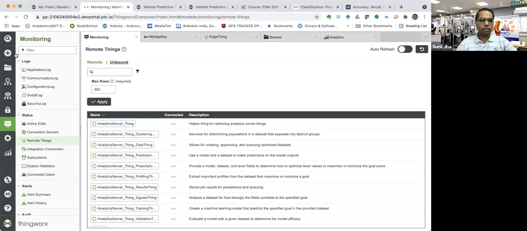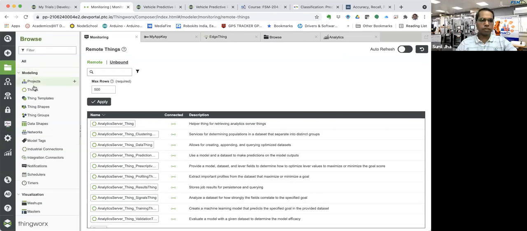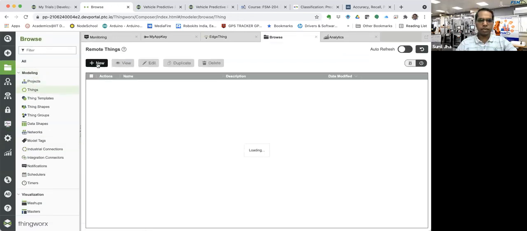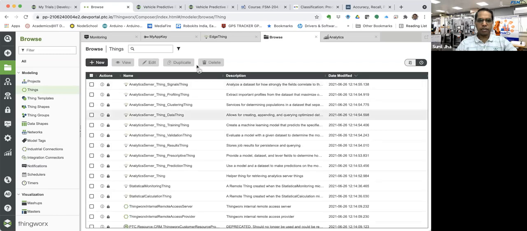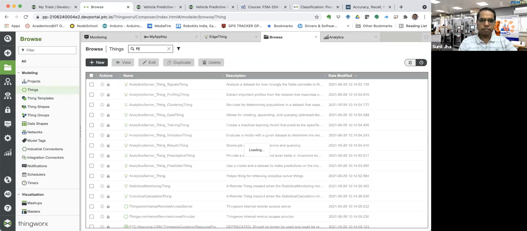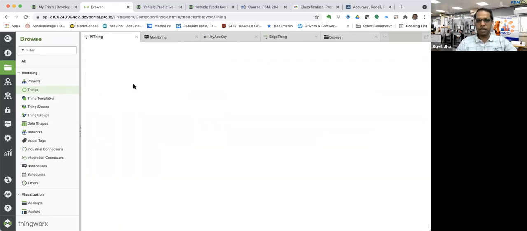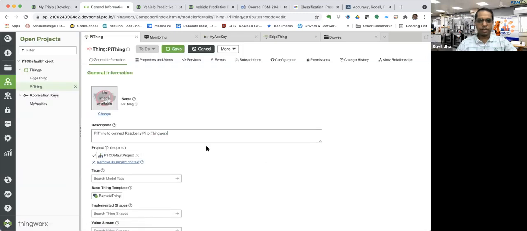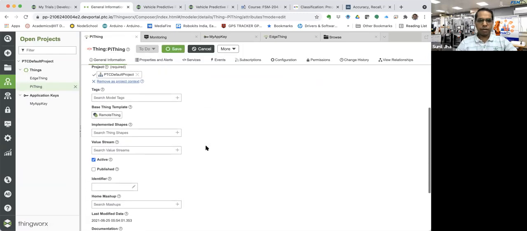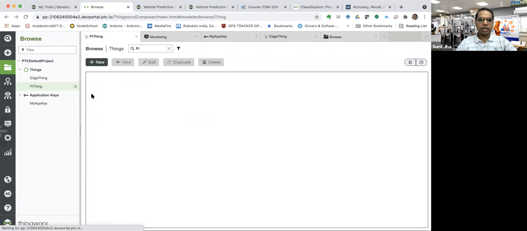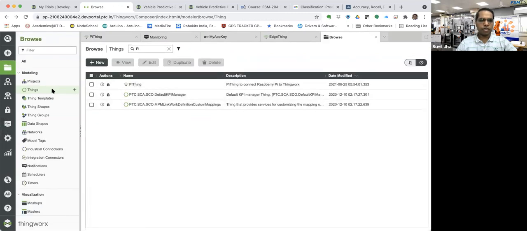So these are some of the things that you are familiar with also, but I'm just giving a quick idea. So what you can do, you can go to the things over here. For example, PyThing is already existing over here, if you can see. In the same way, I will be creating another thing. You can see it is not connected.